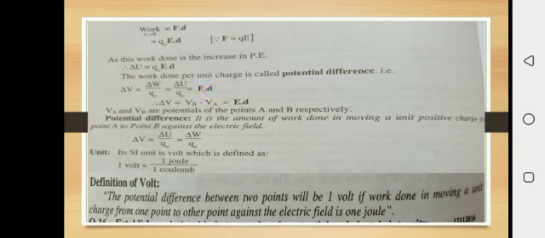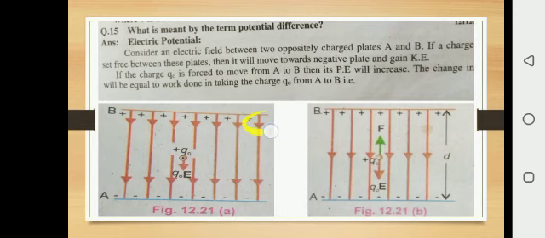As delta V is the change in potential from VB minus VA, as the charge moves from point A to B, the potential difference is written as VB minus VA, or delta V is equal to E dot d, where VA and VB are potentials of the points on the plates A and B respectively. Plate A has potential VA while plate B has potential VB.